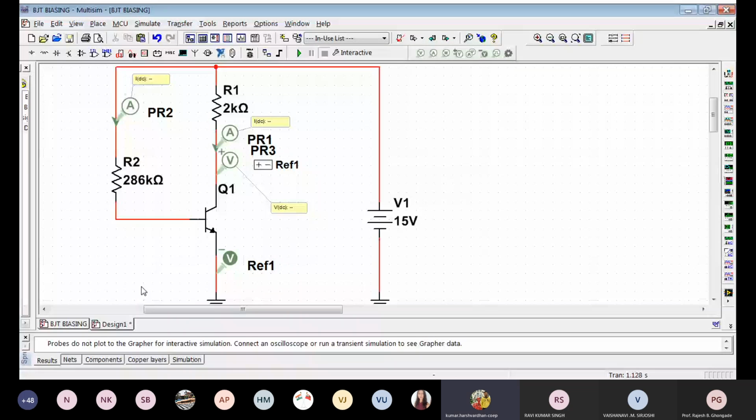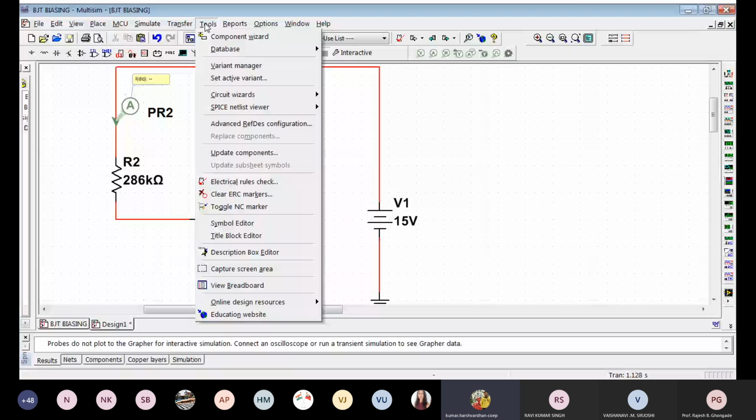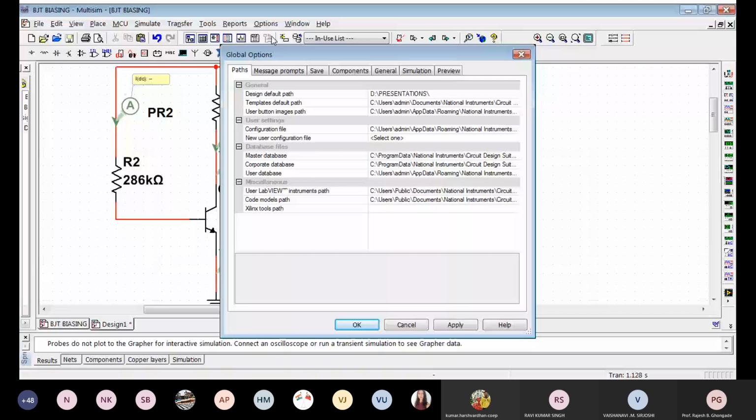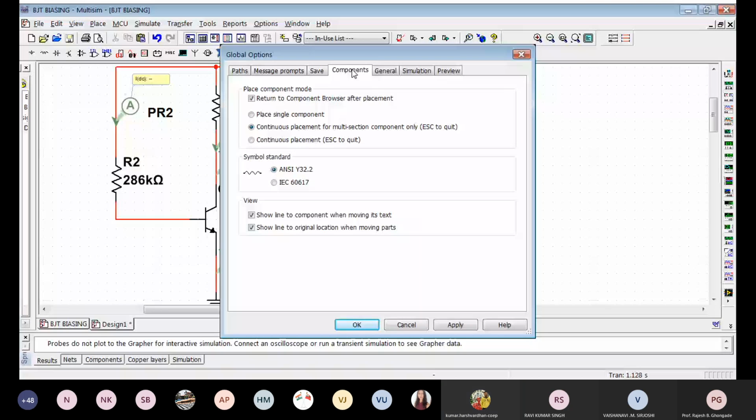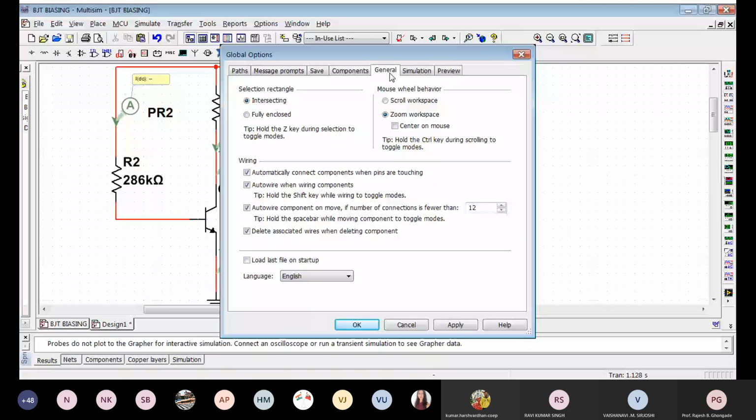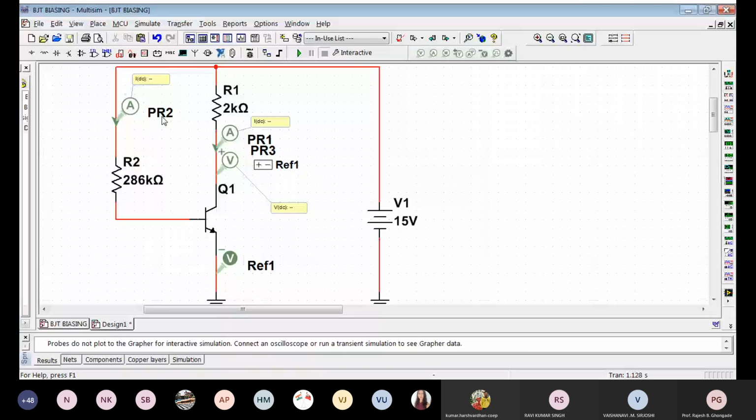Okay, let me see. There is somewhere a provision for us to change the temperature. I'm not able to get it right now because of this interface. These are the sheet properties. They won't have temperature at all.